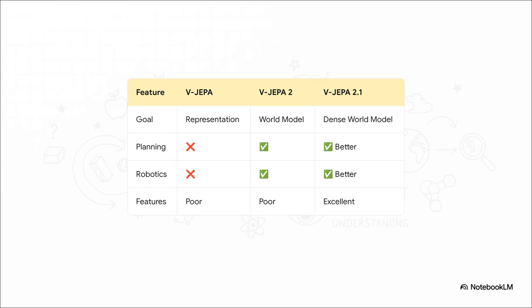When you look at this evolutionary journey laid out side by side, the progression is incredibly clear. We started in 2024 with a model focused purely on video representation learning, struggling heavily with local dense features. We then evolved to V-JEPA 2, gaining robotics and planning capabilities to form a true world model, though as we saw, it still struggled with localization. Finally, V-JEPA 2.1 brought the whole thing together as a dense world model, achieving excellent dense features, flawless object tracking,